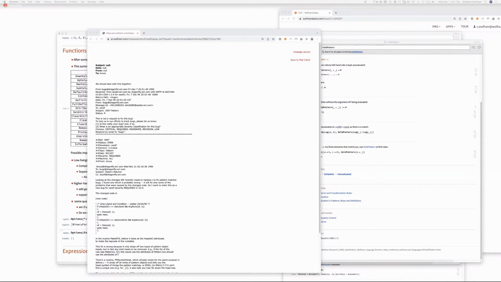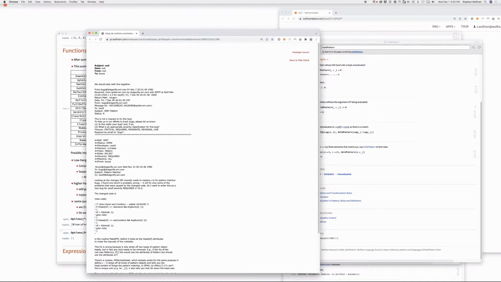PM symbol head strips off some, who knows. Well, yeah, this seems to be very deeply in the pattern matcher and not so much about the connection to